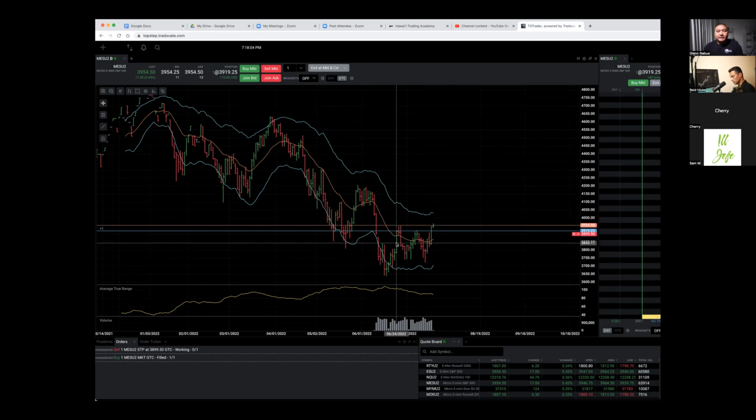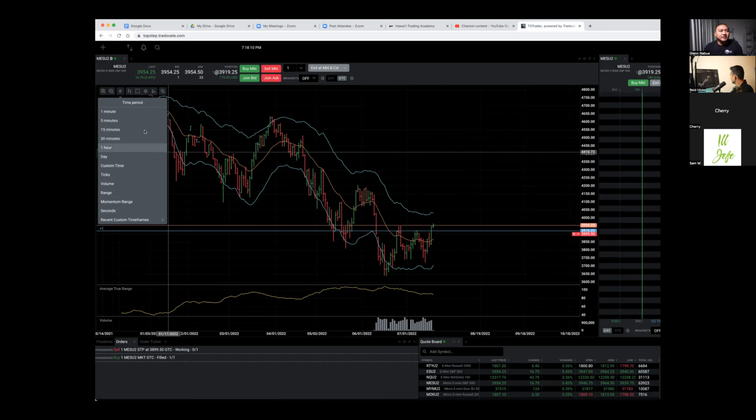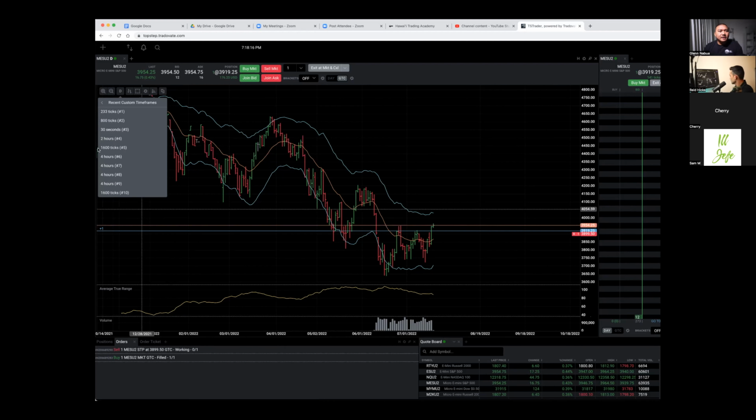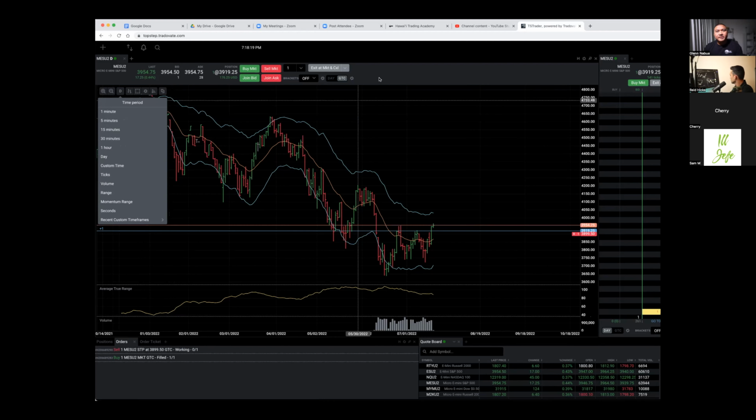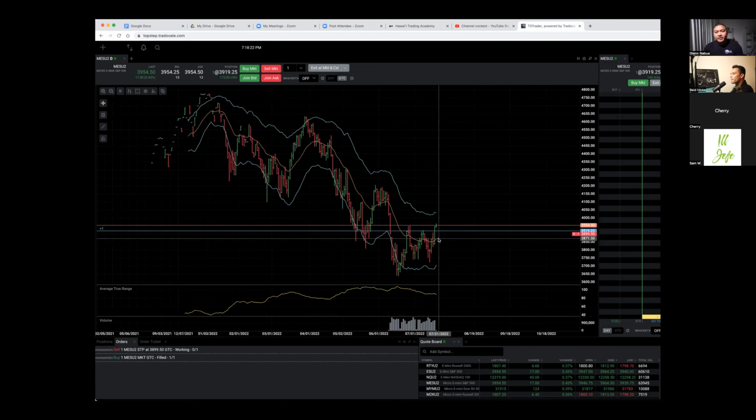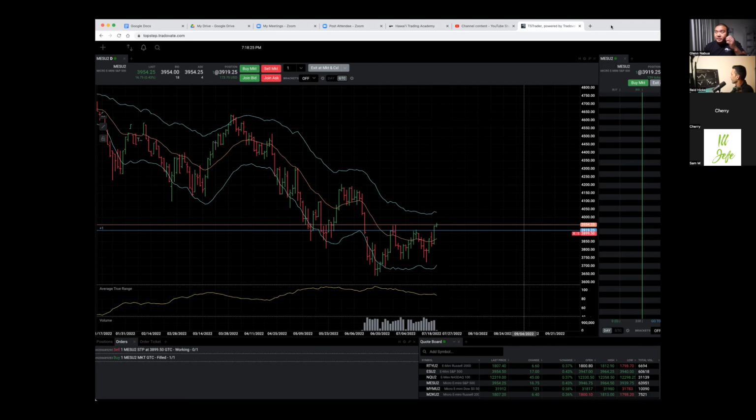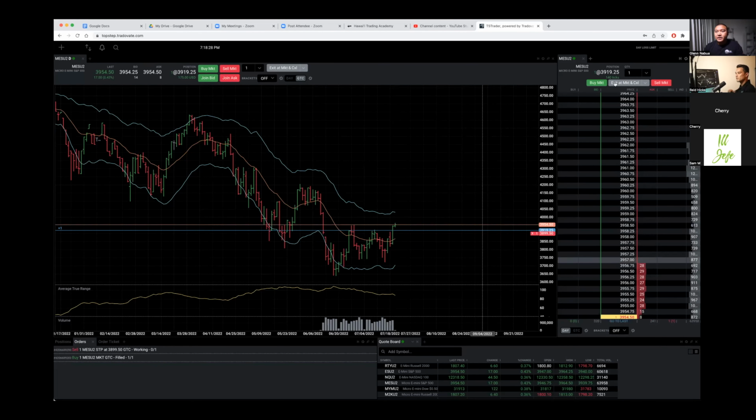This is what I like to do when I'm analyzing. I zoom out. Sometimes I just go weekly. And right now this is the Tradovate platform that Topstep partners with. Good platform. This is a cloud-based platform. I like it so far. It's pretty smooth. It has the things that I need. So you're going to see the DOM on the right side here, depth of market, so you could just clearly see the ticks. Pretty straightforward. 4 ticks in the S&P equals 1 point. Tick meaning 0.25, so it moves in quarters here. Then you have your list down here.